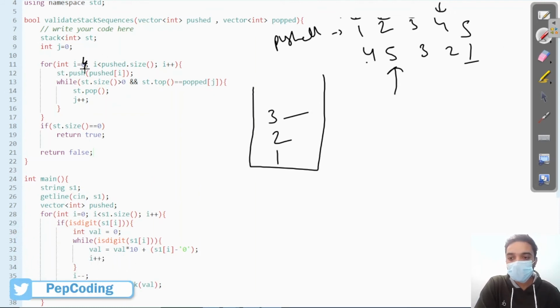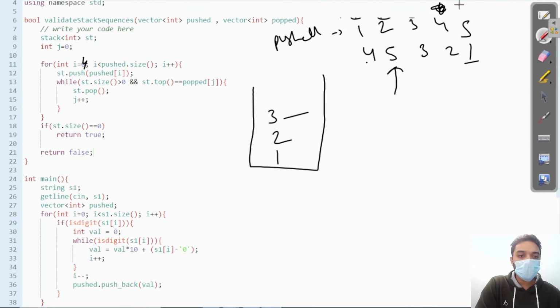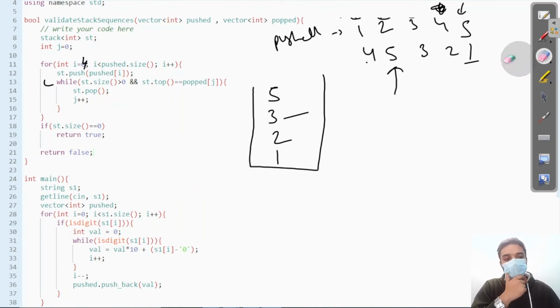Now my i will be equal to 4, so I am here. Now I'm going to push 5 here. Now I will be entering this while loop. Is my stack top equal to popped of j? Yes, that is true. So I'm going to pop it out, and I am going to